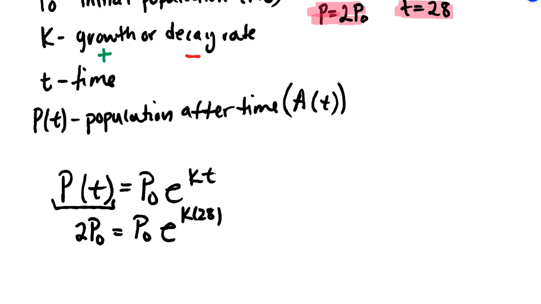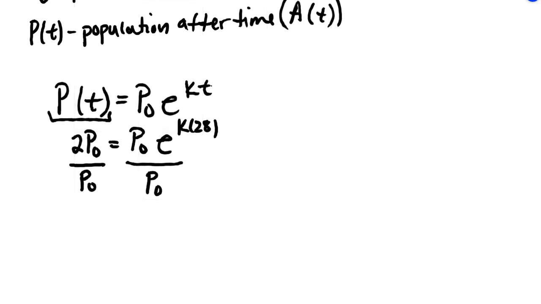That was 28 months. The population doubled in size in 28 months. Then I can start solving by dividing both sides by P0. And you can see that that P0 cancels out on both sides of the equation